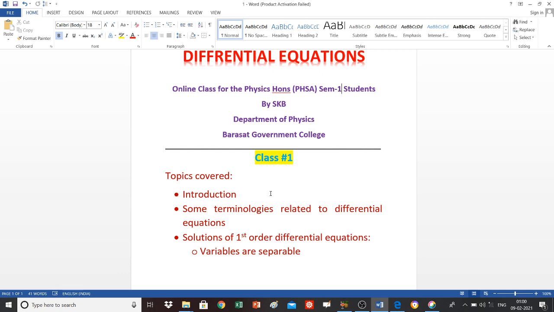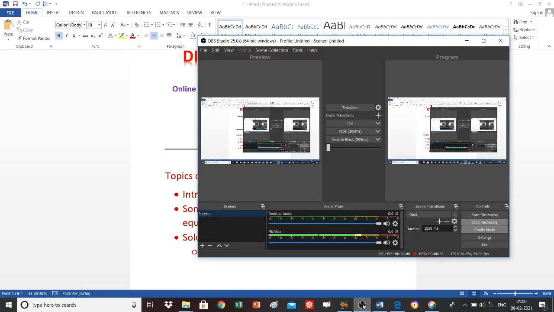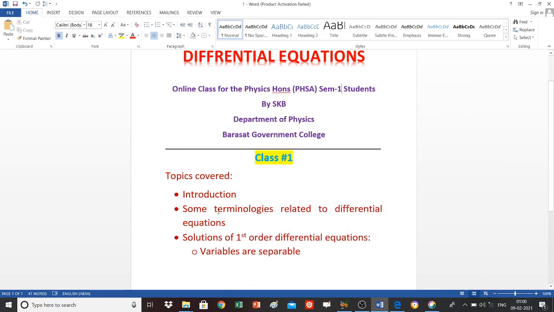In this class we will cover the following topics. Number one, introduction. First, we will have a brief introduction on differential equations, and then some terminologies related to differential equations. After that, we will go on to solve first order differential equations. One of the methods is known as variables separable, and in the last part of this class, we will solve some differential equations by using the variables separable